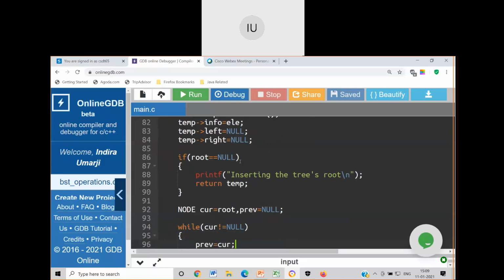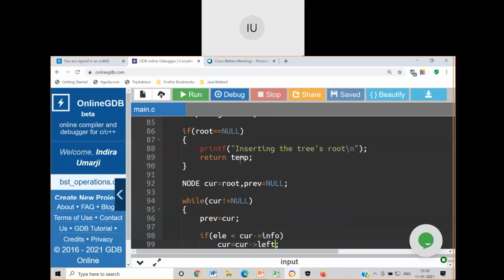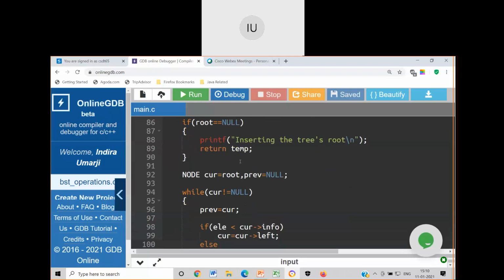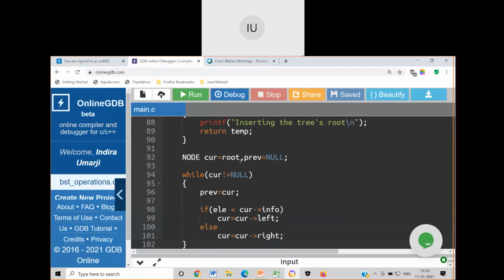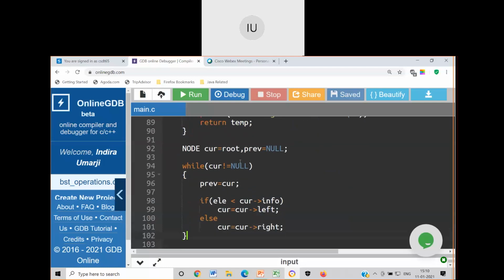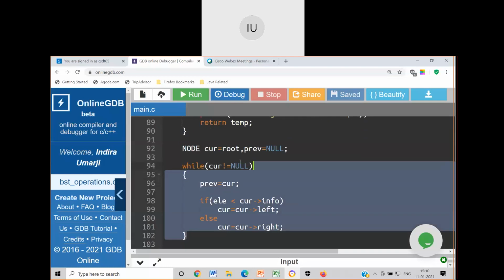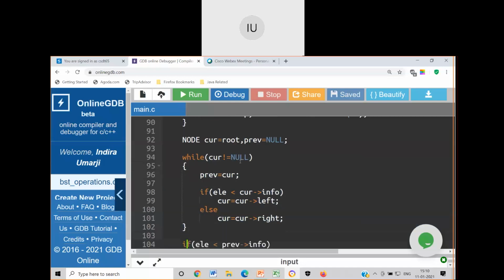Okay. Then while current not equal to null, I have made previous equal to current. Then if element less than current arrow info, move current to left, otherwise move current to right. So at the end of this whole while loop, current will be pointing to null and previous will be pointing to the node with which the new node gets attached.